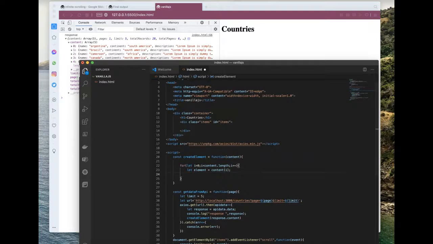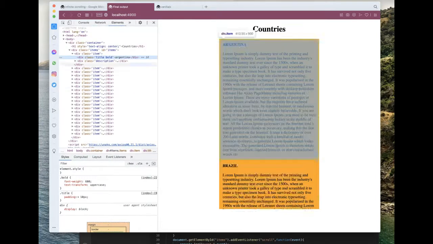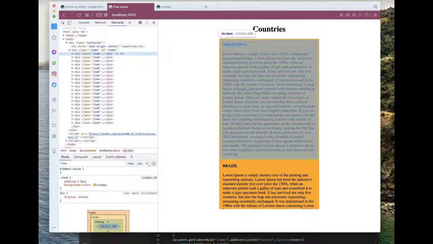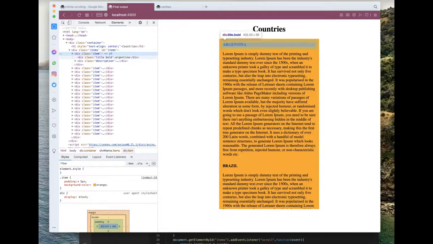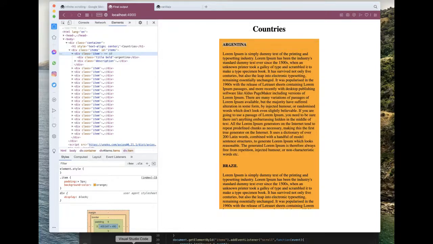So in order to get this form of output, let's go to the inspect element. Here you can see we have an items element, and inside that we have item element, and inside item we have two div tags. So we need to create these three elements for every record that is returned from the API. Let's do that.